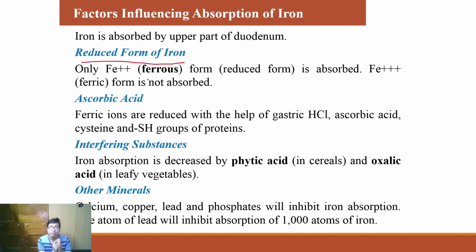Now there are factors that will inhibit iron absorption. So these two help in iron absorption. This converts iron from ferric to ferrous, and the ferrous form is absorbed, while the ferric is not. Now, one interfering substance, as you saw in many vitamin classes, is phytic acid. Phytic acid and oxalic acid are present in various leafy vegetables and cereals and hamper iron absorption. Now this is quite contrasting.